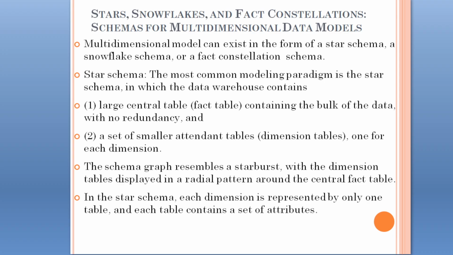It contains a central large table, which is also called the fact table, which contains the bulk of the data with no redundancy. And secondly, it contains a set of smaller attendant tables, which are also called dimension tables, one for each dimension. The schema graph resembles a starburst with the dimension tables displayed in a radial pattern around the central fact table. In the star schema, each dimension is represented by only one table and each table contains a